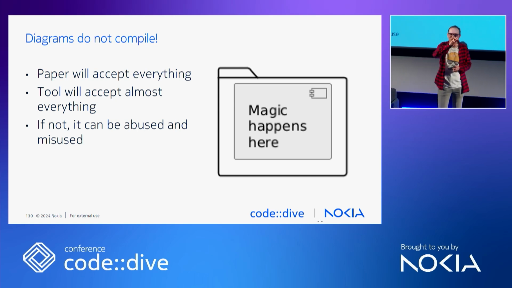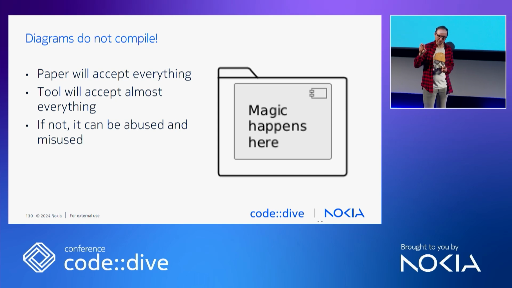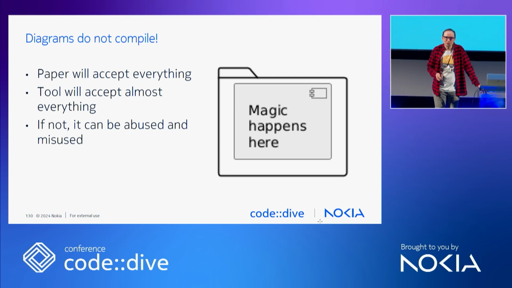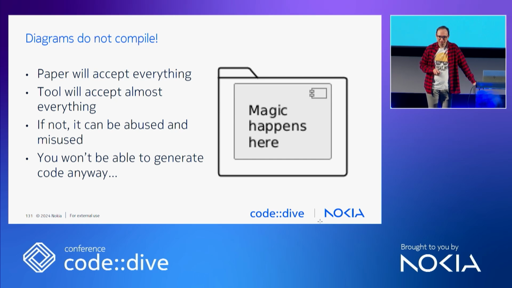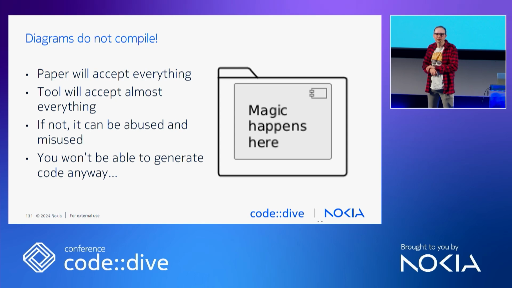But you can abuse the tool or misuse it. You can put a textual note. There is an element in UML, a textual note. Those are not the droids you are looking for. Or you can export this picture into a bitmap and edit it in Paint. Why not? Your diagram will not compile anyway. You will not be able to generate code from this diagram anyway. Of course, with some exceptions, because from those architecture description languages, usually there is this feature to generate code, proper working code.